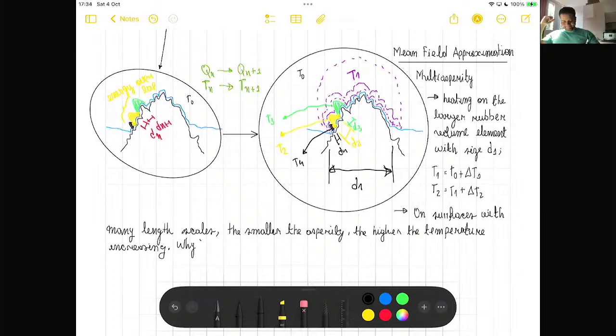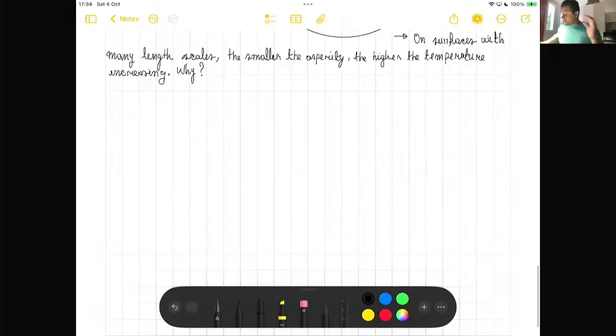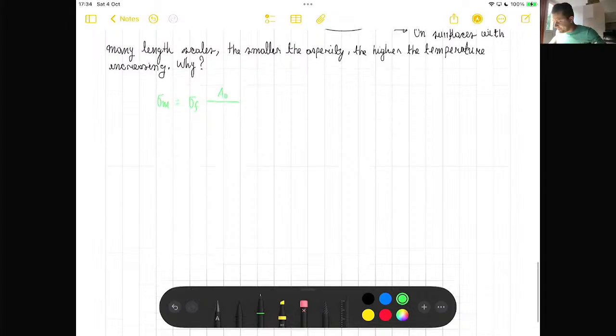Why? Let's try to find this. And now it's time for the numerology. The average shear stress, according to the author, is given by sigma m. I have sigma f, which is from friction, and I have A0, the nominal contact area, divided by A as a function of the magnification zeta m, where sigma f, as I already said, is the nominal friction shear